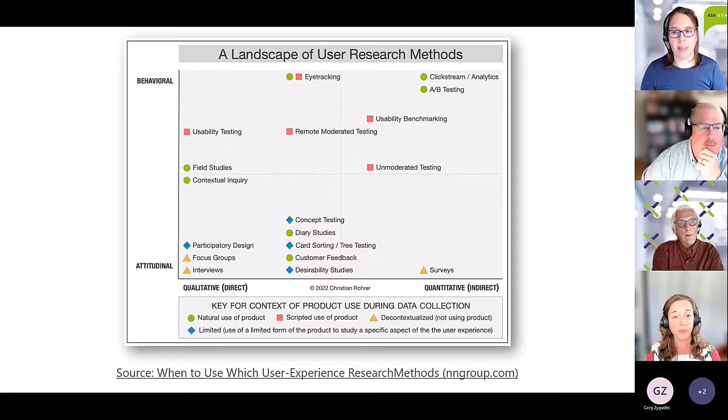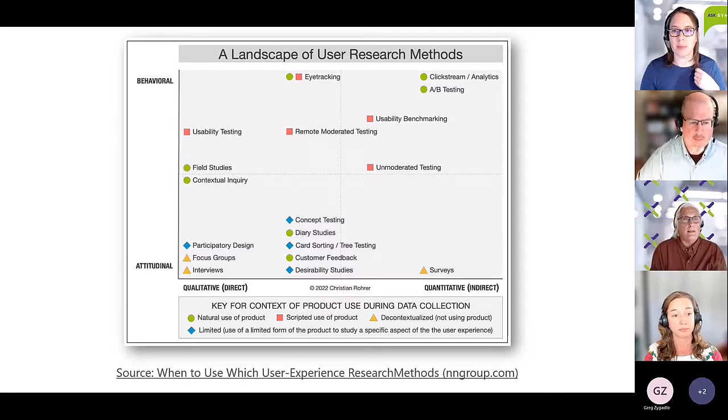Okay, cool. Thanks. I think you also have to be realistic about the constraints that you have. For example, if you've got a chief marketing officer who says everything has to have this red and it's got to be in this position, and you can't control that, then don't do testing that's going to tell you that that's not the right answer. It would just be a waste of time. So make sure that you're picking your methods based on the reality of your organization as well as what you're trying to